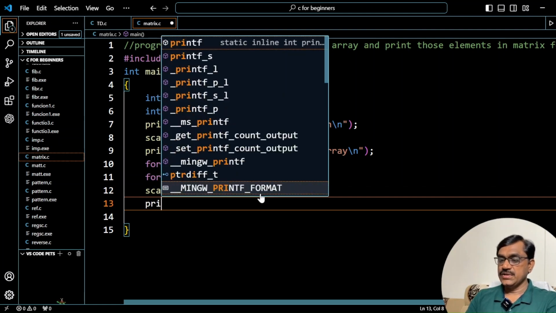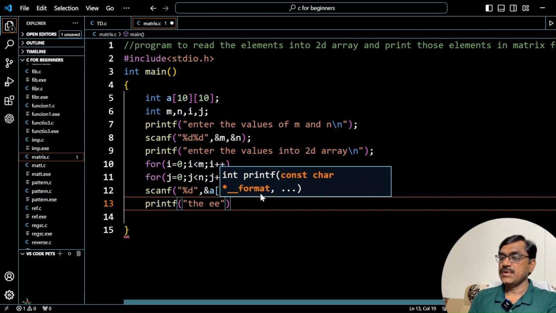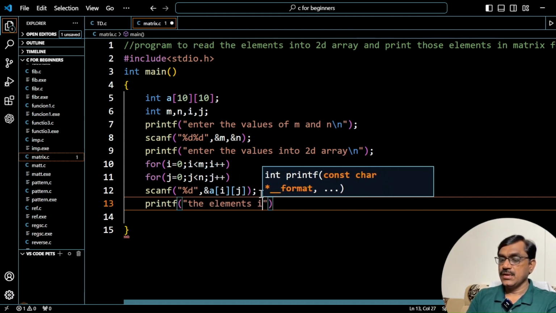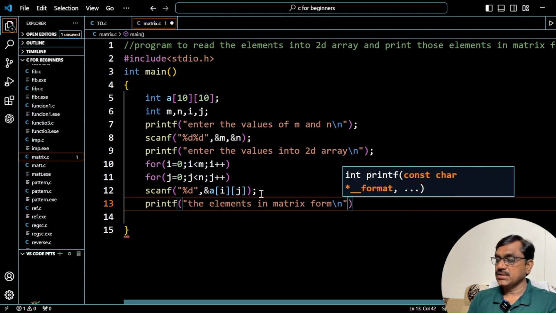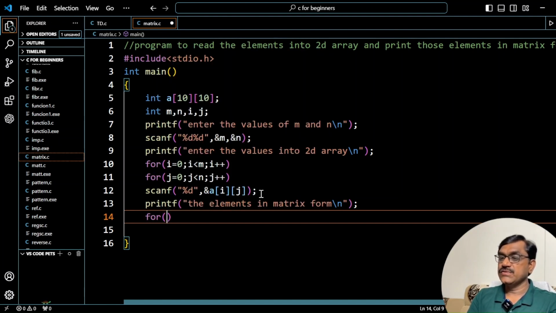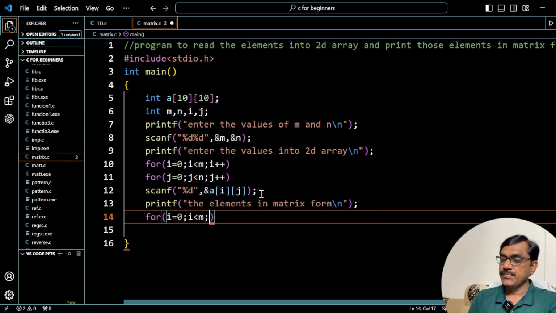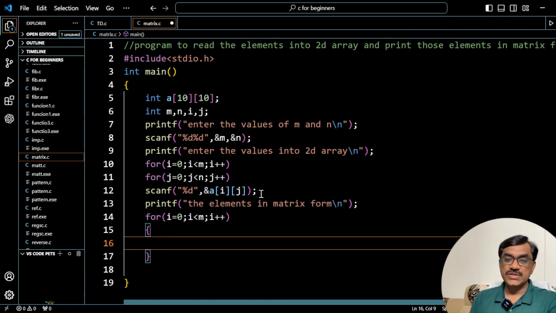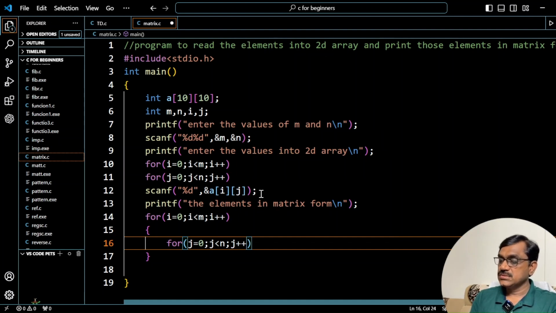Now here you write printf, the elements in matrix form, and you write slash n. Here again I'm using a for loop for retrieving, for doing any modifications. Again we need two for loops: for i equals 0 and i is less than m, and you write i plus plus. After that I'm writing an opening brace. Here the opening brace is required. I will explain why. For j equals 0 and j is less than n and j plus plus,